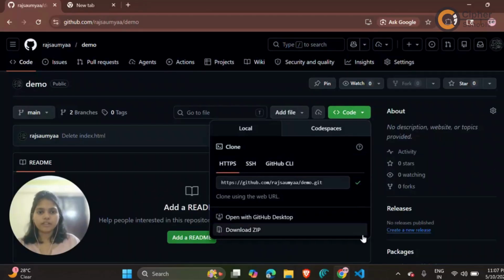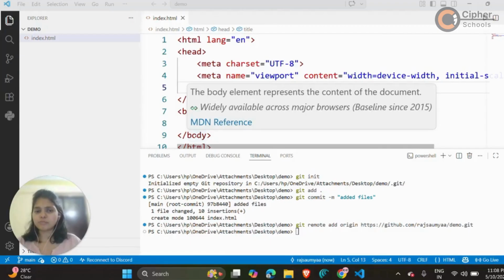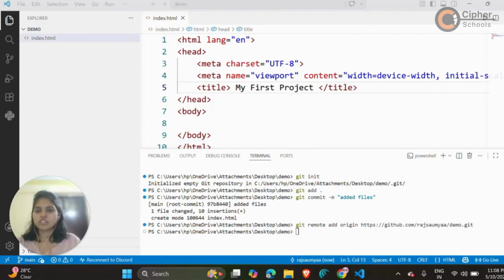So we can copy the URL here and paste it. After that, it is connected with the GitHub repo. Now comes the last part where we push all the folders and files from this local machine to the GitHub repository.